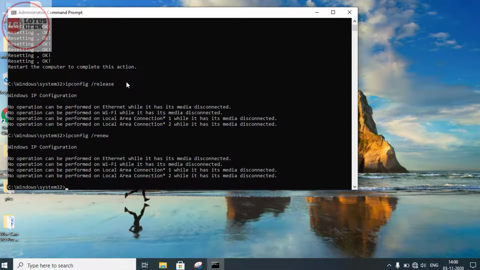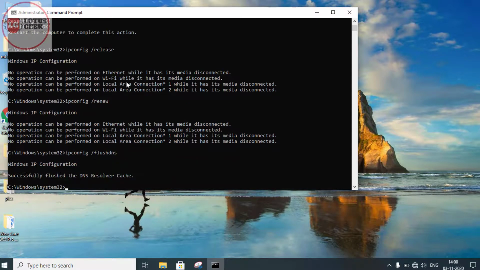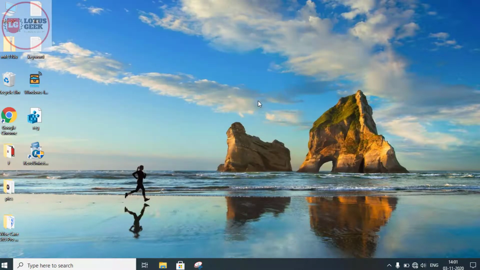And now fifth command is ipconfig space /flushdns and again hit the enter button. That's it you have to do. Now type exit and close the command prompt. One more thing friends, it is showing an error that the media is disconnected because my Wi-Fi is not connected as of now. At your end, it won't show any issues. So these are the 6 steps for the resolution.